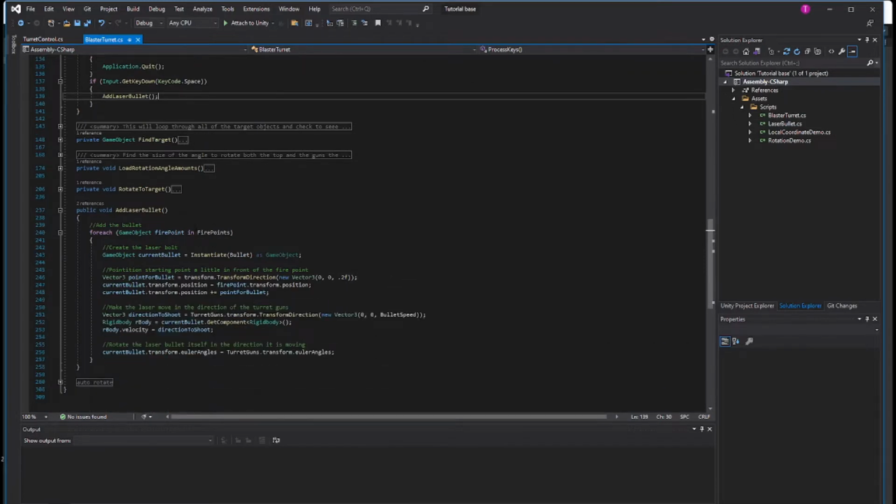So if we look at what the add laser bullet does, it loops through all the fire points. Remember, that's a list. And it's going to create the bullet. It is going to transform the direction of the bullet, because the laser object is long and narrow, and so I want to rotate that object in the direction that it's going to fire. Then I am going to move its position to the fire point, and I'm going to add a little bit onto it,